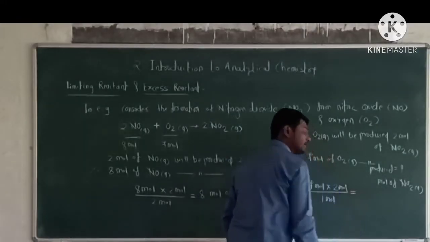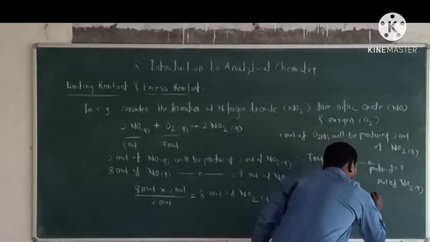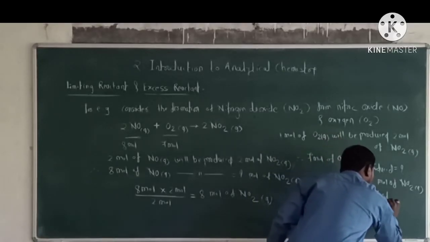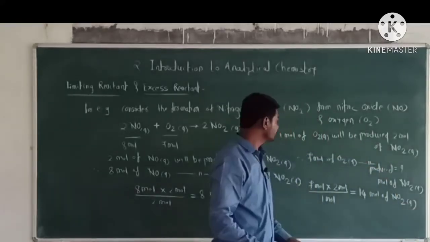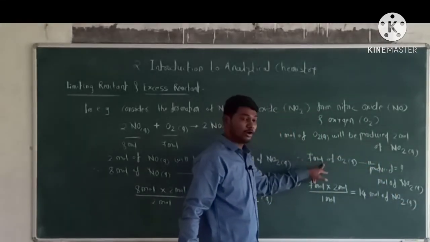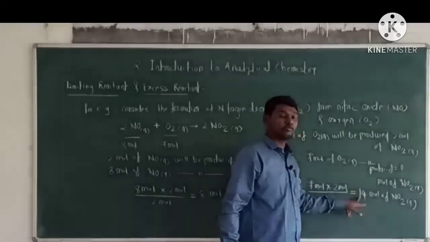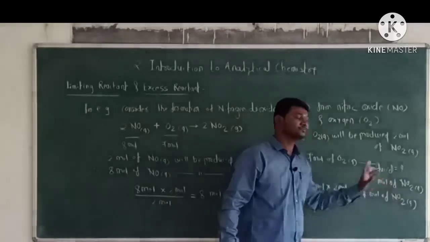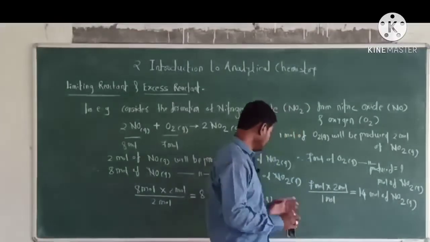Solve this equation, we get the final answer, that is 14 moles of gaseous nitrogen dioxide. That is, the 7 moles of gaseous oxygen will produce 14 moles of gaseous nitrogen dioxide. Okay, now in this example